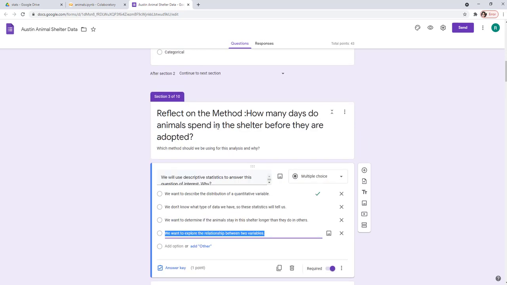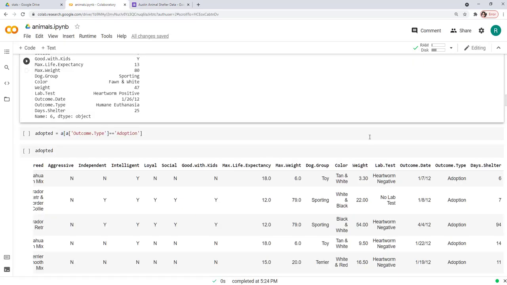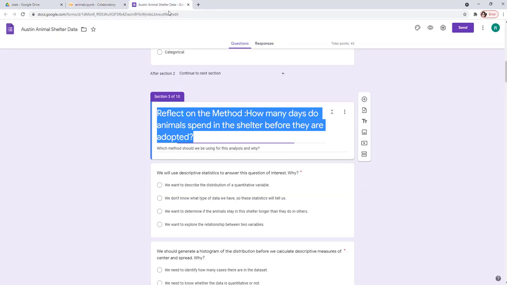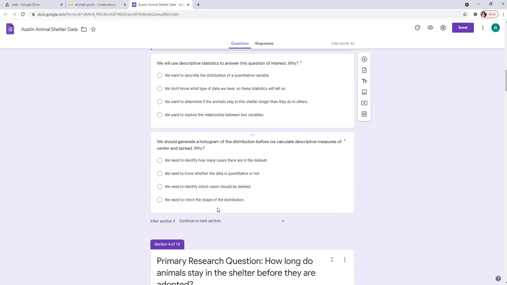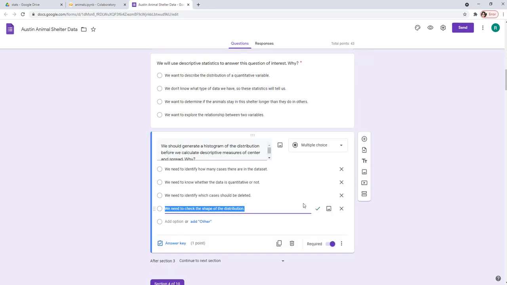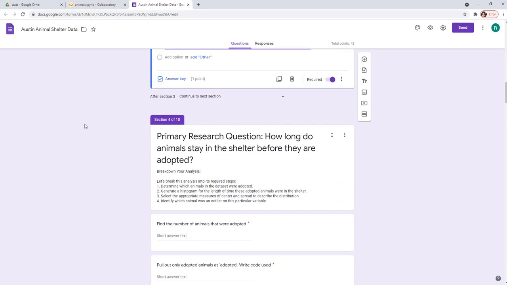We are looking at the number of days spent and we know that it's a quantitative variable. That is why we'll be using descriptive statistics. We should generate a histogram for the distribution. Why are we doing this? Because we want to know the shape of the distribution, whether it's normal data or not. Then according to the skew and everything like we discussed in the theory, we should be able to go ahead and solve our case for the mean value, the median value and everything.